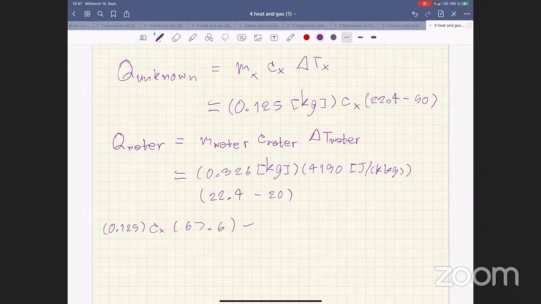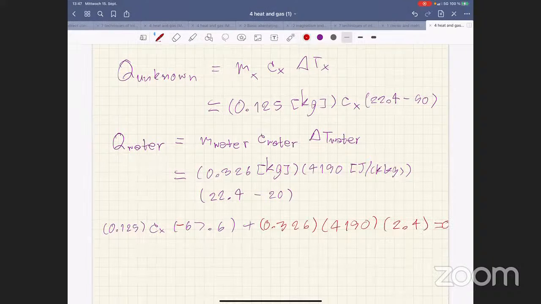And yeah, plus, oh no, this one is negative, and plus 0.326 and 4190 and